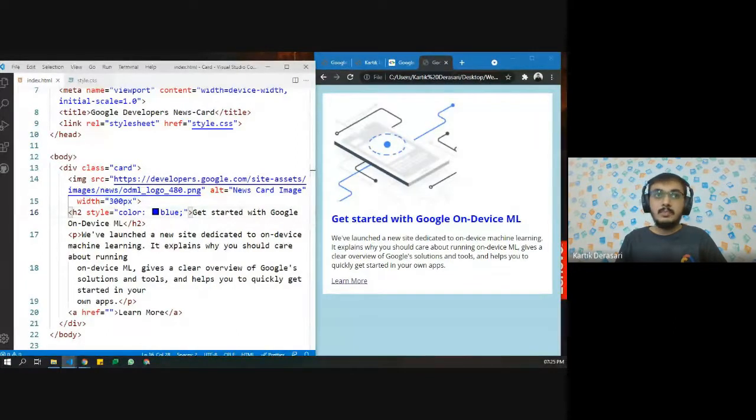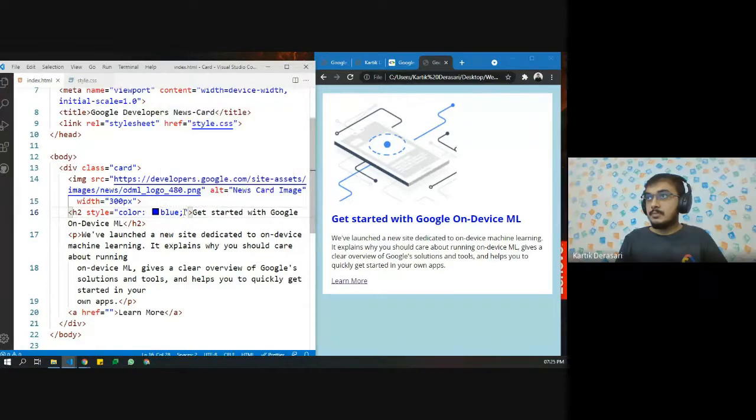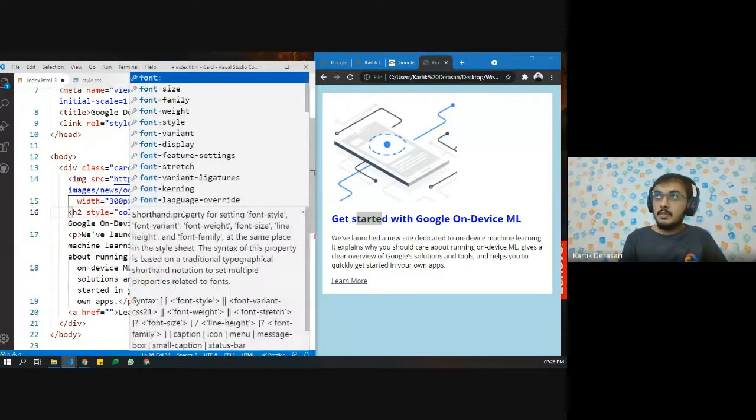And now coming to the thickness. What do you think is the property that we need to use? Border style. Okay. For the font part, if you remember, we discussed something called font weight or font style.